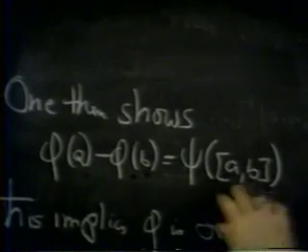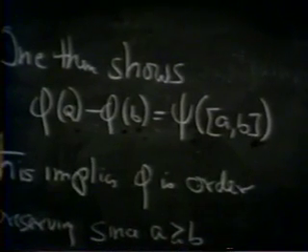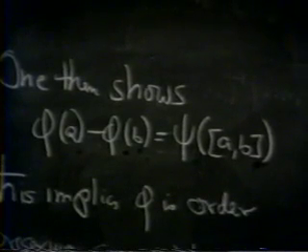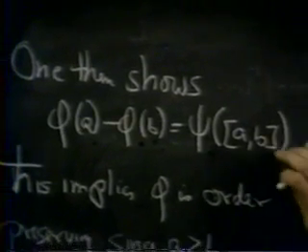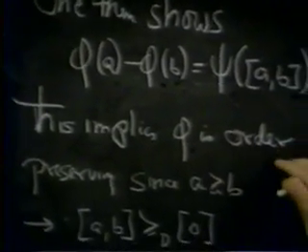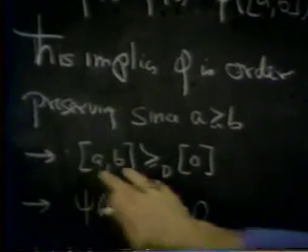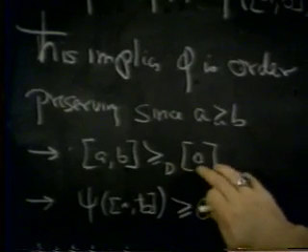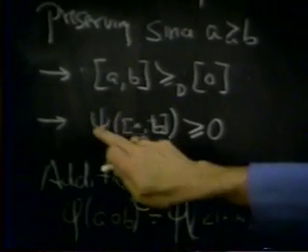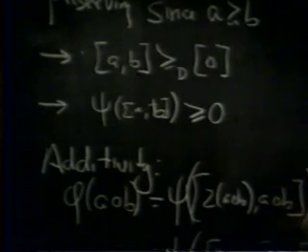So this really does look like a difference in this scale, which is what you would expect since we have attempted to construct a system of differences. From this, it's easy to prove that phi is order preserving, since if A is greater than or equal to B, the equivalence class containing AB is at least as great as the equivalence class of the identity, and that establishes the relation that psi of the AB pair is greater than or equal to 0. So that gets the order preserving